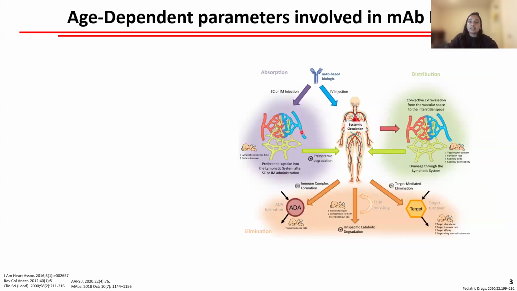Over the past 2 decades, there has been remarkable progress in our understanding of how age affects all these processes that are involved in antibody PK. Now, antibodies are often administered through extravascular routes like subcutaneous or IM routes to pediatric patients, apart from the typical IV route that is seen. Once antibodies are uptaken into the bloodstream, they can mainly distribute into tissues via convection or fluid phase pinocytosis. Now, since antibodies are hydrophilic in nature and are also large in size, they would mainly reside in extravascular